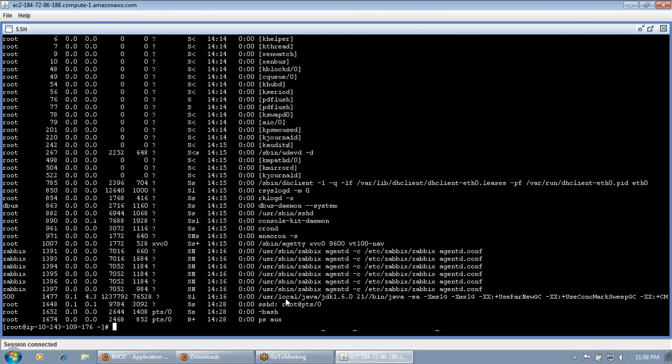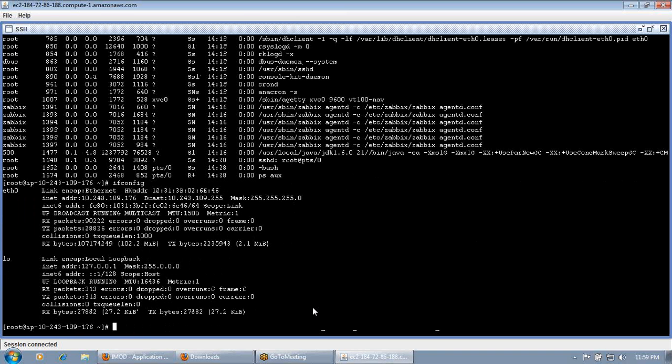You can find this process. That means the Cassandra server is running. So there are some commands. Using that command you can find whether the cluster is formed or not.